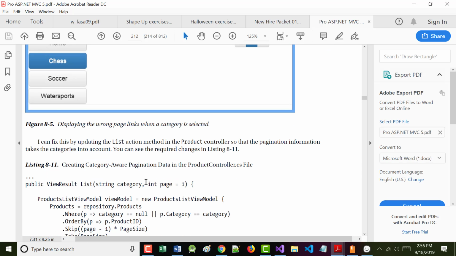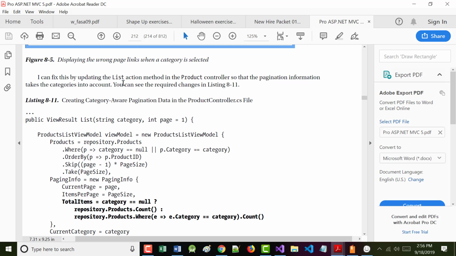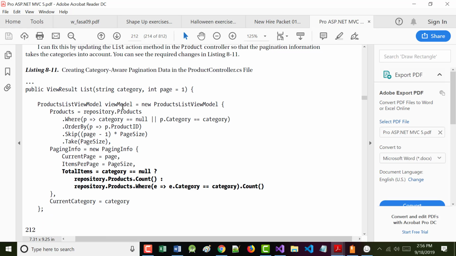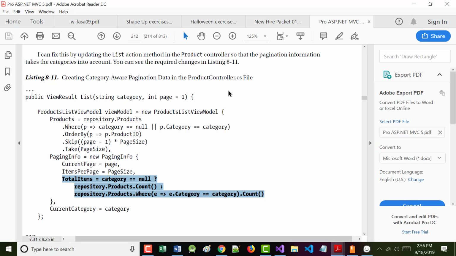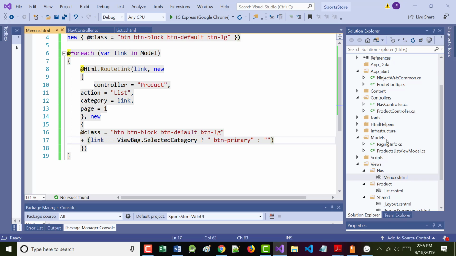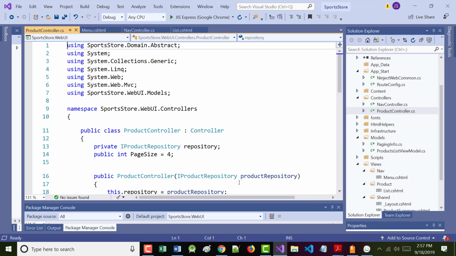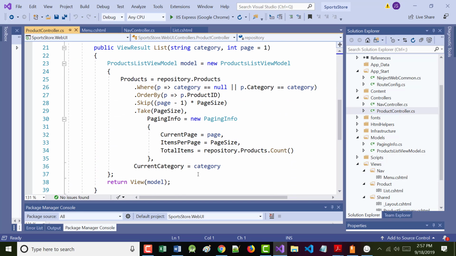So the author says we can fix this by updating the list action and putting in this change. I'm going to see how close that is. I want to go into the productcontroller.cs file, where we have this big ugly thing in here.